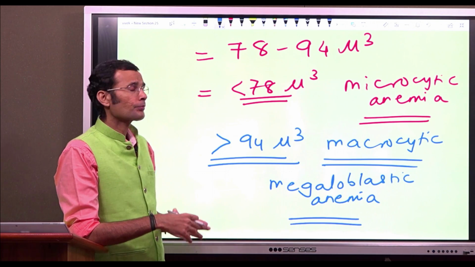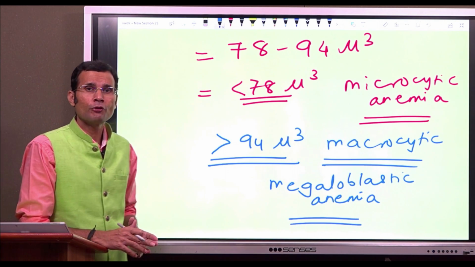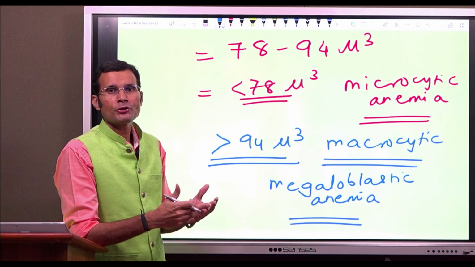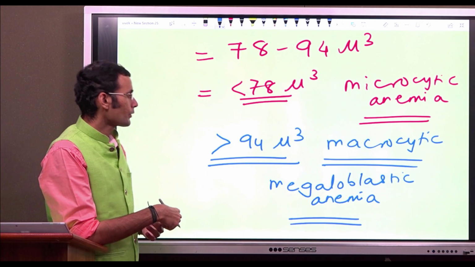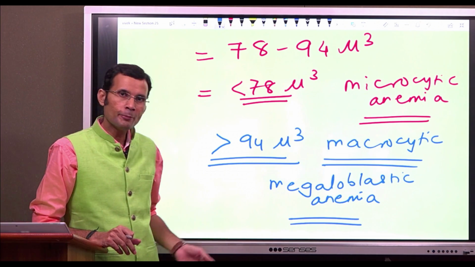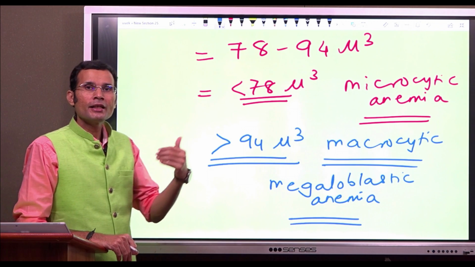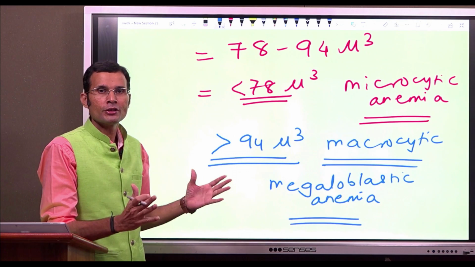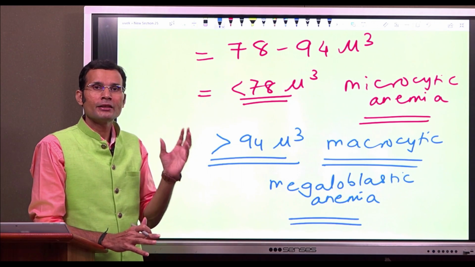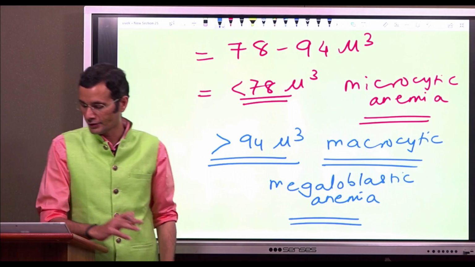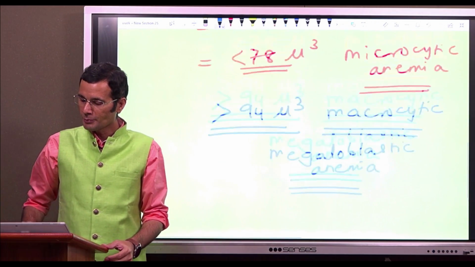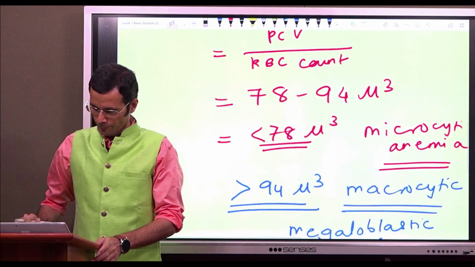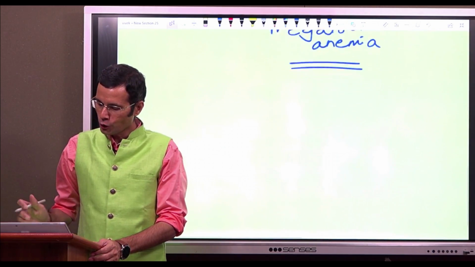As you all are aware, vitamin B12 and folic acid are needed for the nuclear maturation in the RBC precursors. So, if there is a deficiency of either of them, there would not be proper DNA synthesis, and nuclear maturation does not happen. So, cell division slows down and cells remain large and immature. That's megaloblasts. So, that's megaloblastic anemia, morphologically presenting as macrocytes. That's the importance of mean corpuscular volume.